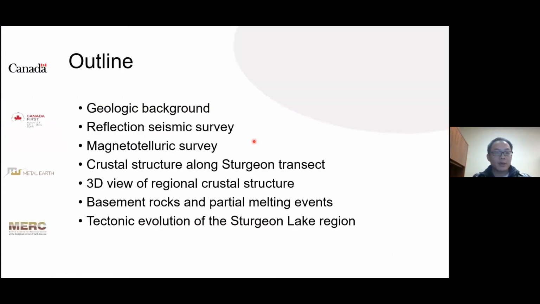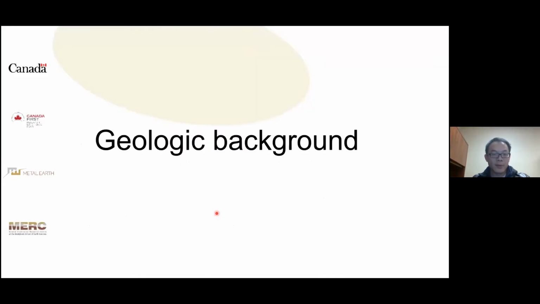So in this talk, I'm going to talk about the geologic background at the very beginning, then the reflection seismic survey along our transect, followed by MT data and an interpretation of the crustal structure along our transect. Then a 3D view of the regional structure based on our result and also those from the nearby Lithoprobe data. And then I'm going to talk about the basement rocks and partial melting events based on geochemistry. And lastly, tectonic evolution of the region. So first,